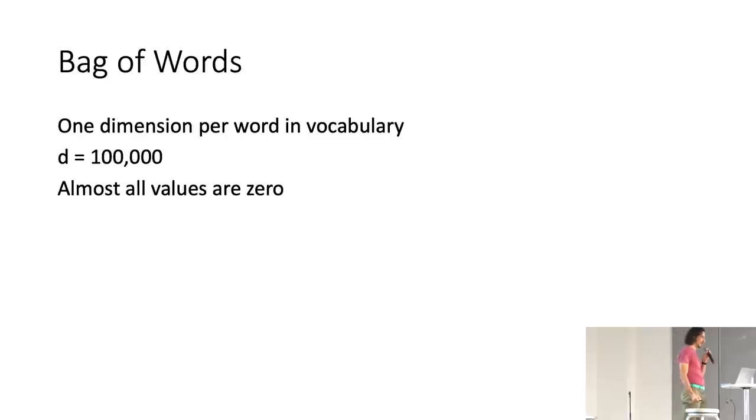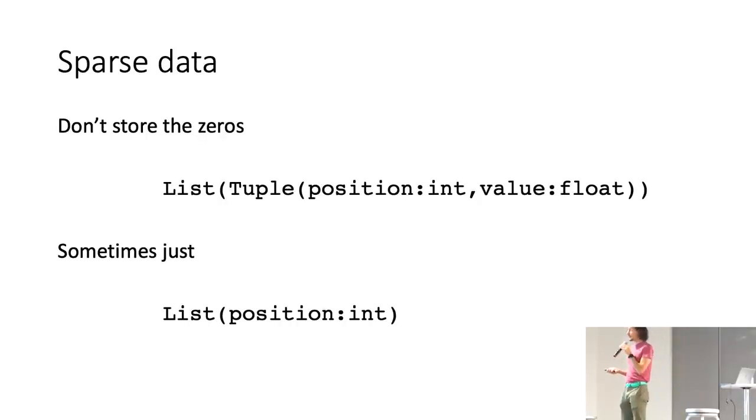Right? So the classic way of doing this is the bag of words. Right, where you have one dimension per unique word in your vocabulary. So English has, I don't know, about 100,000 words in the vocabulary, right? And so you have a 100,000 dimensional vector. Most of them are 0 because most words are not present in your document, and the ones that are have some value that's maybe a count or TF-IDF score or something like that. That is your vector. And this naturally leads to sparse data, where, again, it's mostly zeros. You don't store the zeros, because that's computationally inefficient. You store lists of position value tuples, or maybe just a list of positions. And this makes the computation much cheaper. And this works. This works reasonably well.